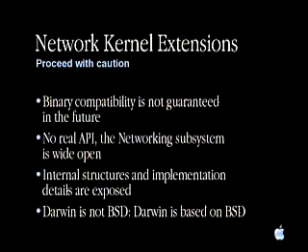Another important point is that there is no real API. The networking subsystem is wide open. You're linking against all the symbols in the kernel. So there is no guarantee of binary compatibility in the future. Just a simple example: if we change a structure, or even worse, if we change a macro, and you have linked with an old version of this macro, somehow this is going to work. You won't have any resolution problem because this is a macro,